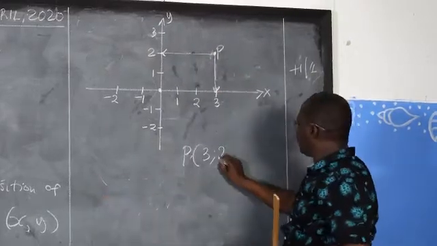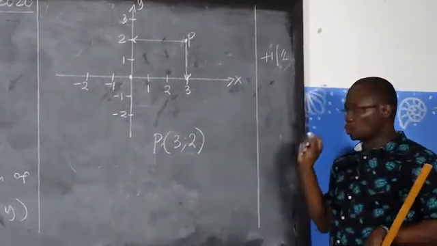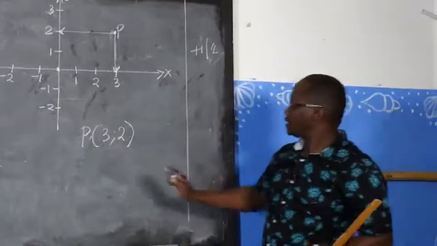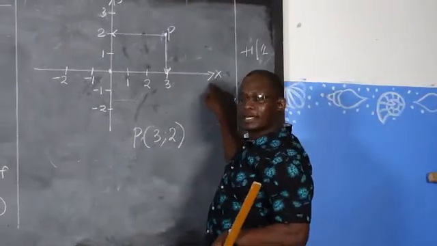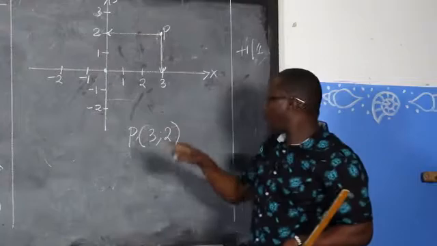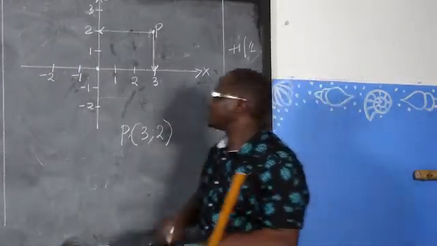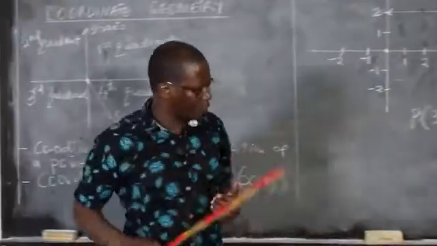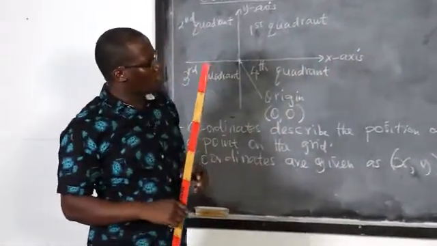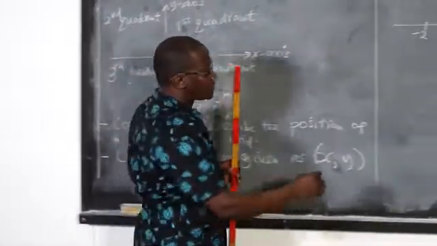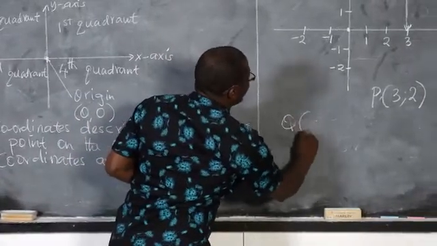So the coordinate of P is given as (3, 2). The most important thing is to start reading on the x-axis, then the y-axis. And don't forget to put your comma and the brackets. So that is about reading the coordinates. When it comes to plotting, for example, you could be asked to plot the point